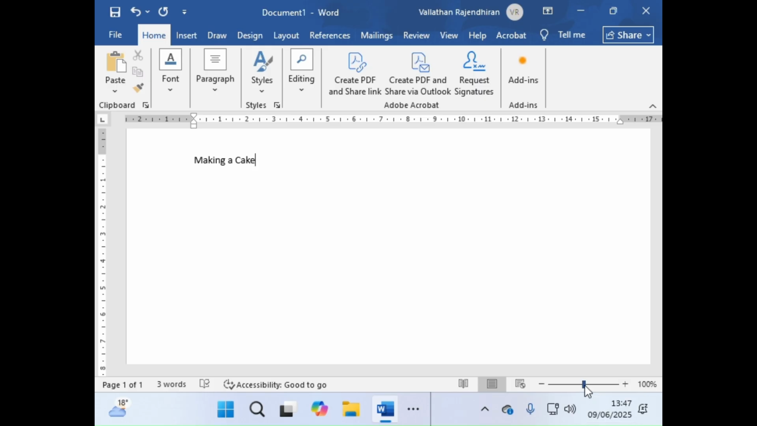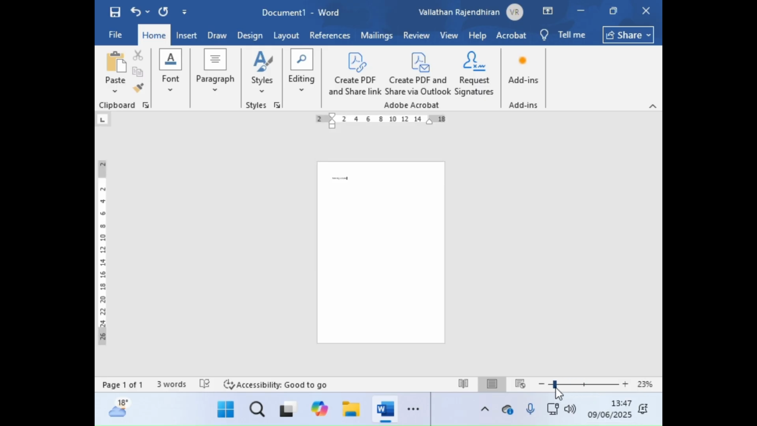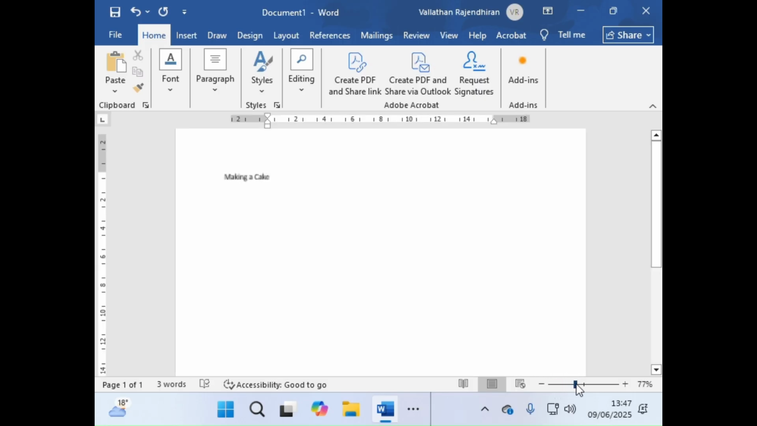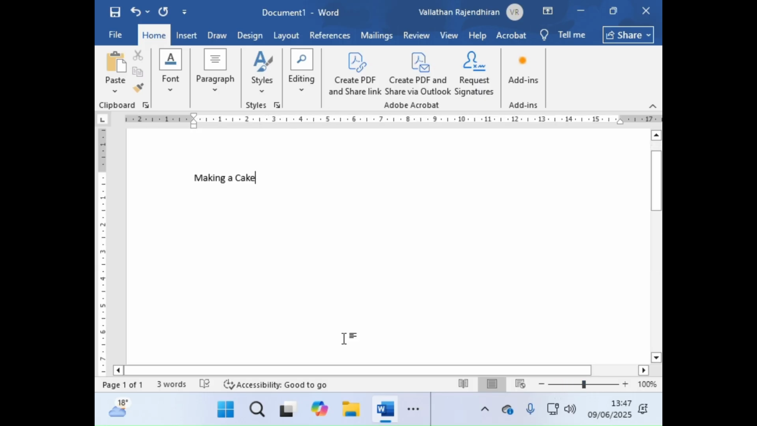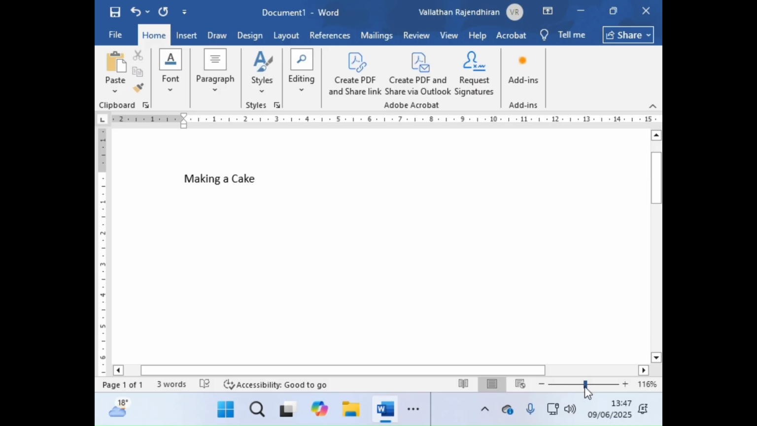Normally, if you go back, this is normal. This is 23%. This is 53% of the same thing. 100% of the same thing. We keep it at 100%, or maybe a little bit more, maybe 116 or something. What is it called? It's called the zoom feature. Yeah, zoom. It's always there on the right, at the bottom here. Okay, and then all I have to do is type the words making a cake,